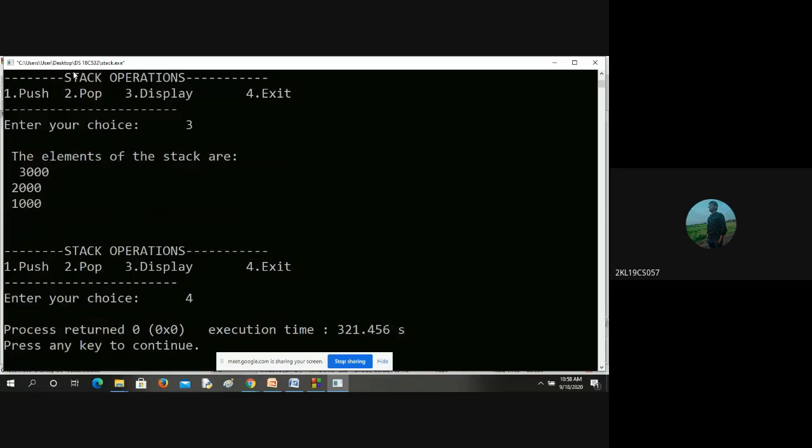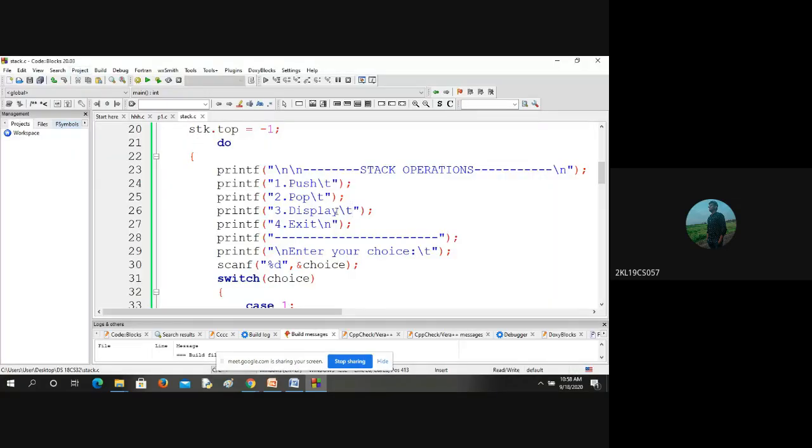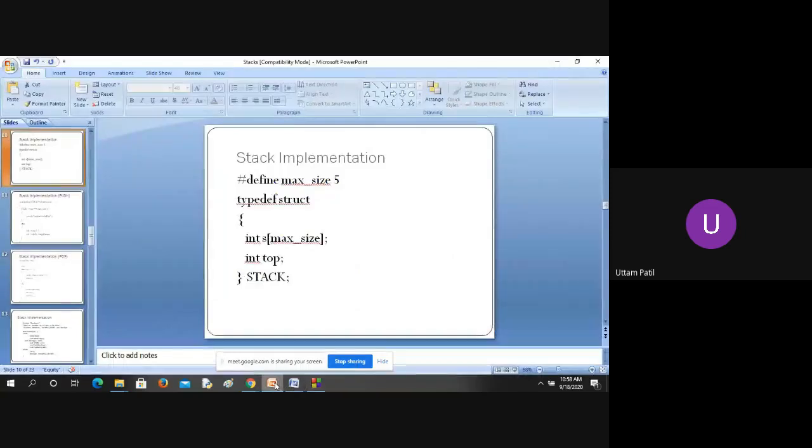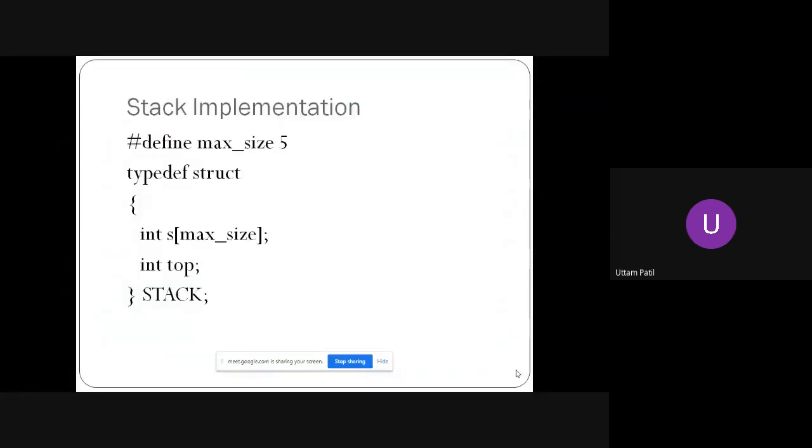So the program we want you to try. I will just show the implementation which madam has done already for you all, but we are not going to give it to you.